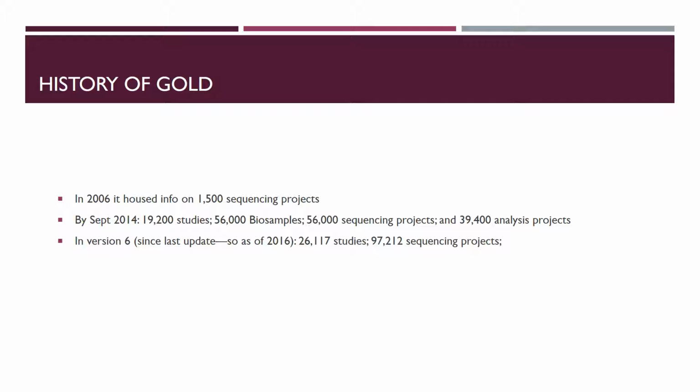And then again in version 6, which was early 2016, there were 97,212 sequencing projects collected on Gold. As I mentioned earlier, genome sequencing got cheaper, became exponentially faster and easier for people to do. And so as it grew, so then did these databases that were collecting all this information. And also, as mentioned, this centralized database is to provide links to all of these projects